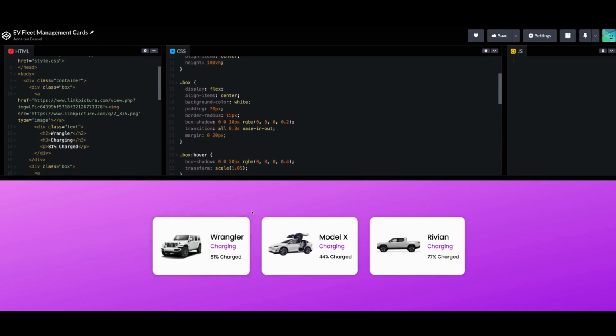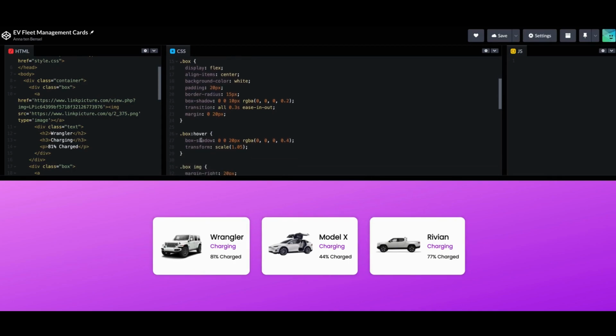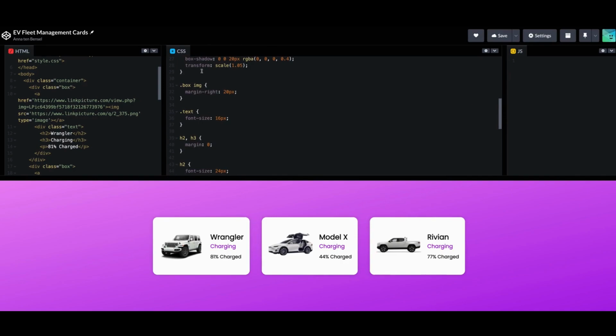That is for this hover. And then it changes it to 20 pixels. So it goes from 10 pixels to 20 pixels, just like that. Easy. So on hover, 20 pixels, we get a little darker, just like that, and we scale it 1.05. We have the box image, we push to the margin from the right, 20 pixels. This feels wrong, but regardless. We have the text, which is